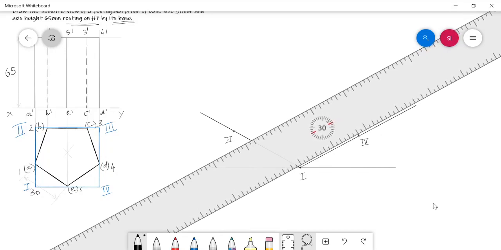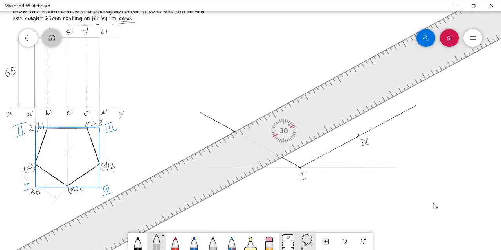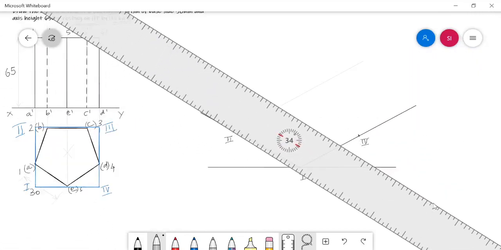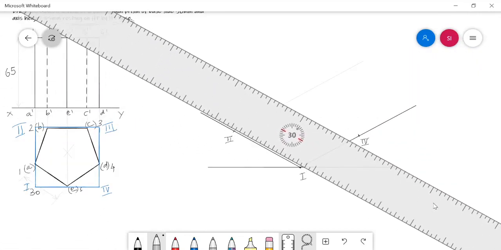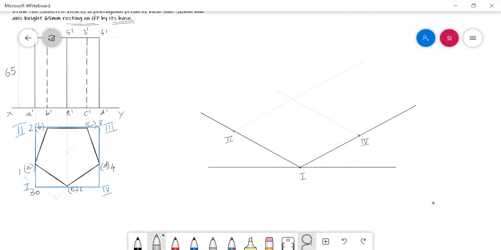Parallel to 1 4, and from the point 2 draw a line which is parallel to 1 4, and then make your drafter parallel to 1 2, and from the point 4 draw a line. These two lines will intersect at a point. This point is nothing but our point Roman letter 3 in the box. So in this way you have to mark the point number 3.